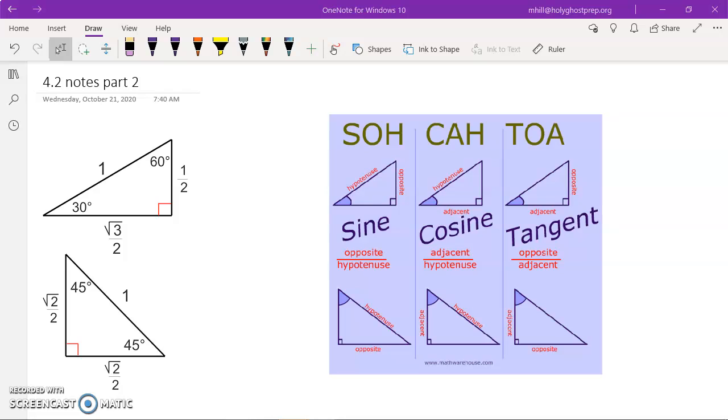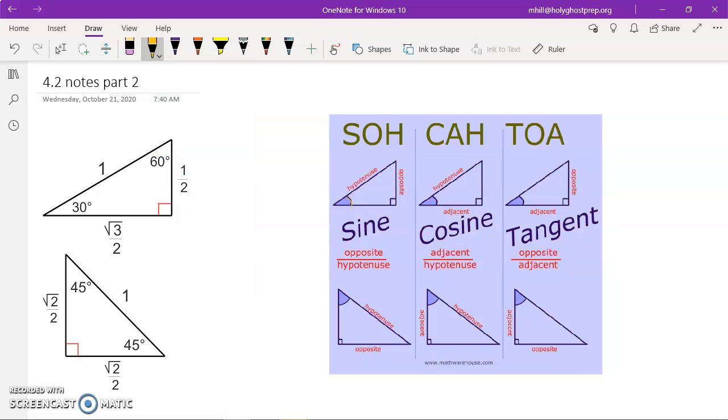Hey guys, so today we're going to do section 4.2, part 2. If you remember back in geometry, SOHCAHTOA, over there on the right hand side there, that is just the ratios for sine, cosine, and tangent of an angle of a right triangle. So these three angle measurements here,